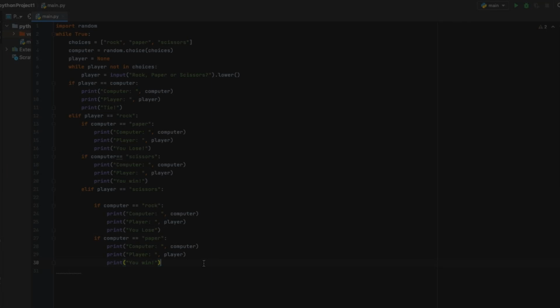And after this there is one more condition left, so all you need to do is I think 10 more lines of code. So again we are gonna go at it, and we will be like elif player equals to paper, then if computer equals to scissors, colon, print